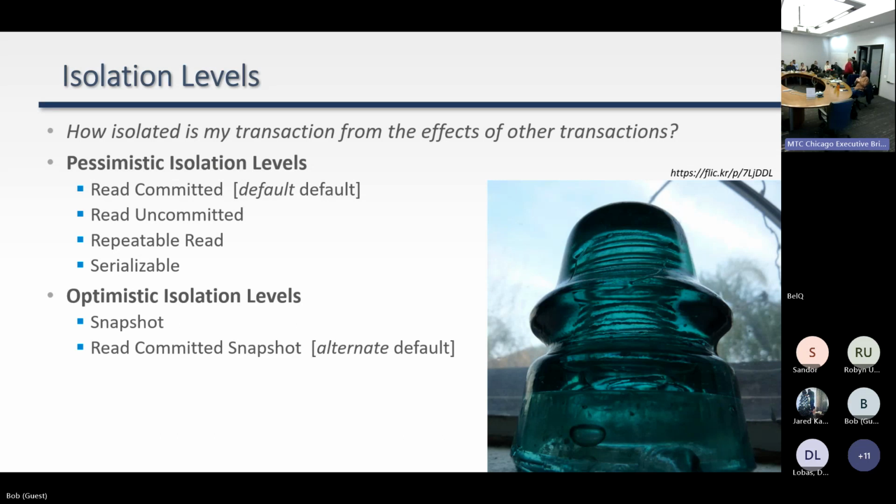Read committed is the default, as I call it. If you install SQL Server or spin up an instance in Azure, right out of the box, it will be set to read committed. You can change the default, but you can only change it to one thing, which is read committed snapshot. Now, if you are spinning up an Azure SQL database, read committed snapshot is set by default. So that is the default in Azure SQL Database, but in everything else, it is read committed. But you can change it. If you want to use any of these other isolation levels, you have to specify them explicitly to get them